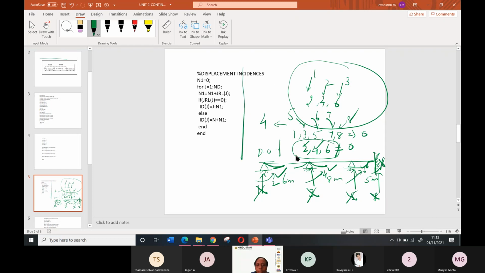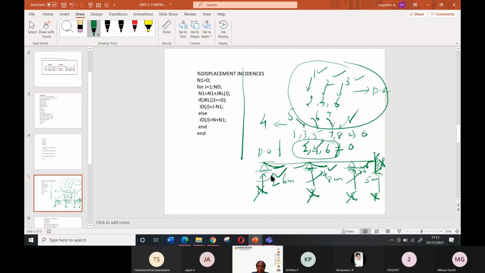That is, 2, 4, 6 will become 1, 2, 3 for the degrees of freedom, and 1, 3, 5, 7, 8 will become 4, 5, 6, 7, 8.